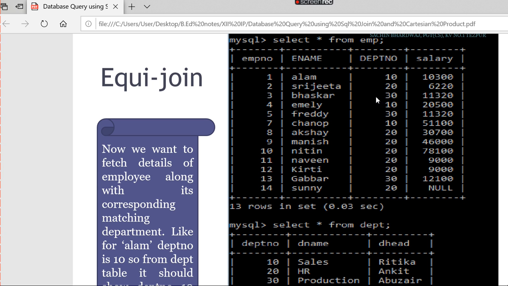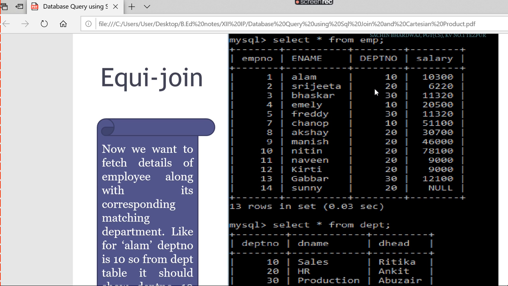The next one you see here is another number, but it has the identity of another table. Look at the department table. Department 10 is for the sales department, and the department head is Ritika. Then 20 is the HR department, and the head is Ankit. Then 30 is the production department, and the head is Apugi.